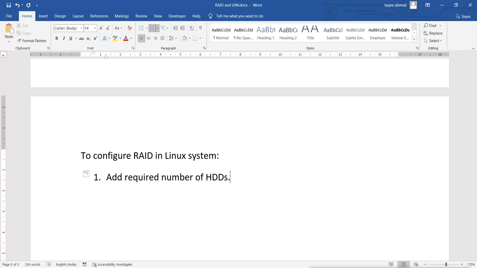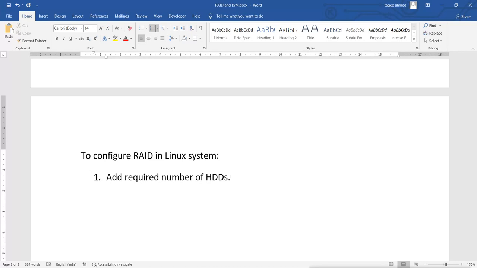So first add the required number of hard disks which you want. Now we don't have a hardware controller, so we are going to configure it in software. So we have already installed the system, so we're going to configure it in that. So first we will add the required number of disks. So we want to configure in how many disks, we will do that.